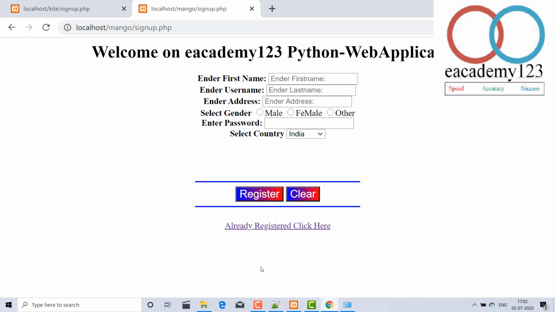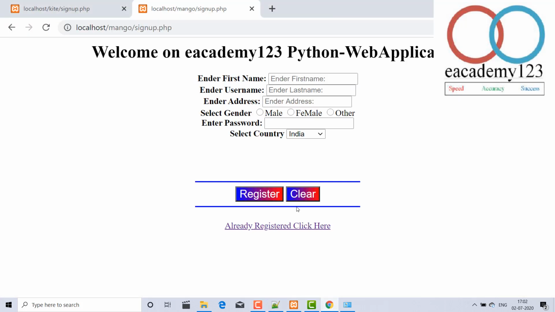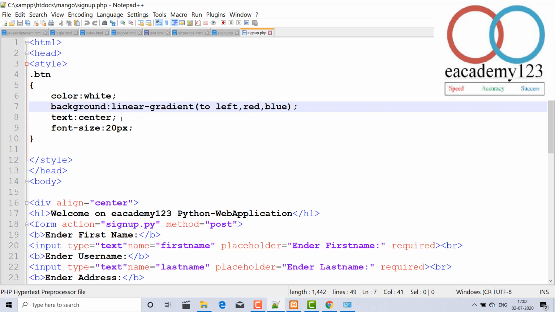Yeah, nice. Okay, so nothing but take it simply, logic. So it is the two left. It does mean this implementation will be starting from blue to red. Okay, so red from leftmost, is it okay or not? Yes, leftmost in that button. So it is doing that, and all text in the center.